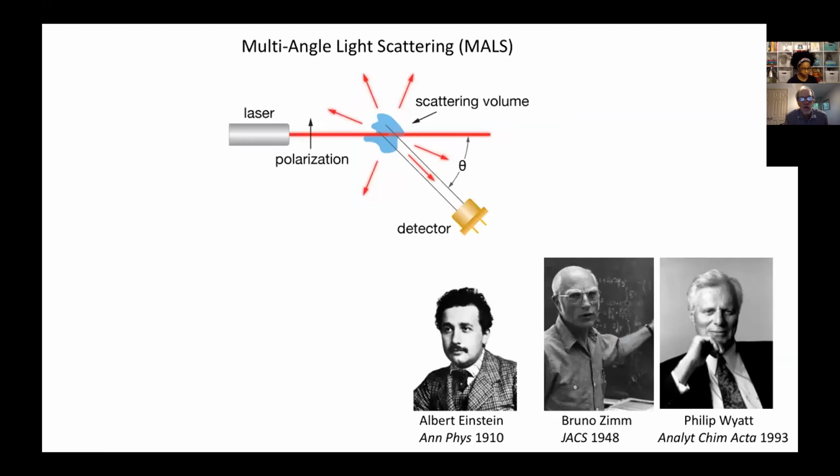The second method I'm going to discuss is multi-angle light scattering. And in this method, light is shined on a particle, and then the light scattering is measured at several angles. The underlying theory for this was developed by Albert Einstein in 1910, who showed the potential of using multi-angle light scattering to characterize the properties of large particles. It wasn't until the late 1940s when Bruno Zimm reduced this to practice to characterize proteins and other macromolecules in an academic setting. And then it's only been in the last 20 years that this type of instrumentation has become available to